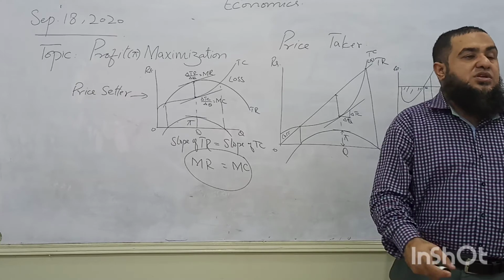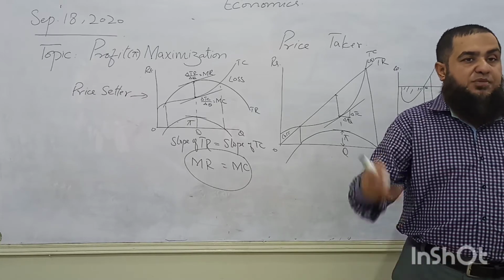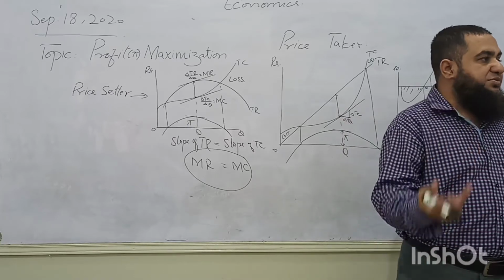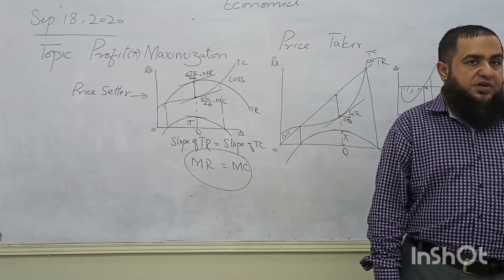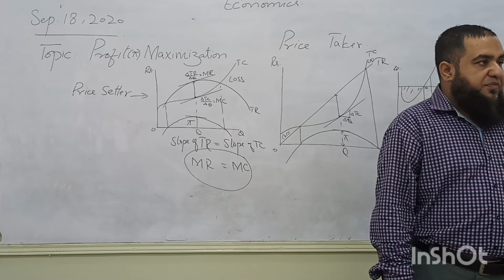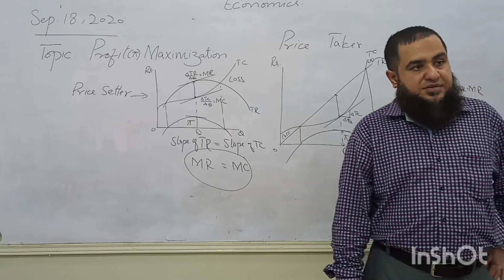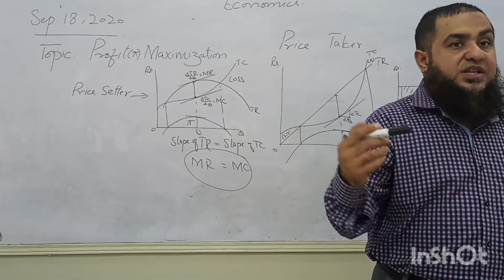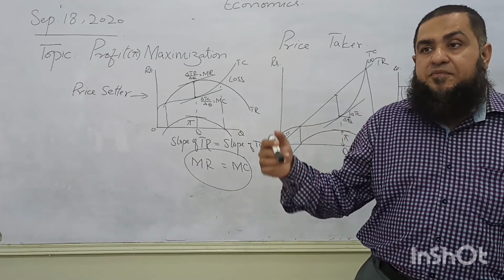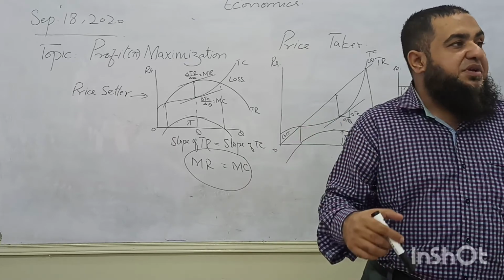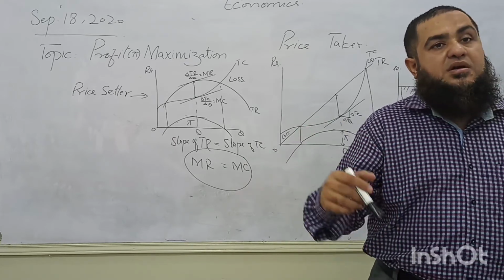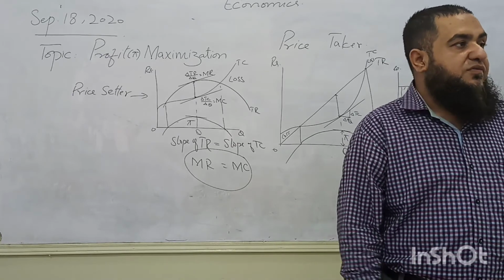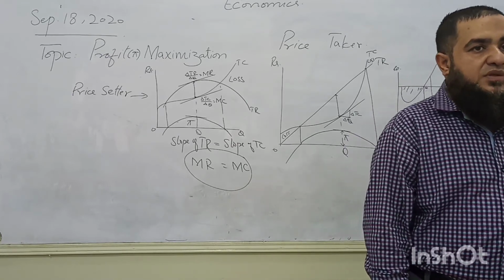Okay. Then I will give you some explanation about normal profit, supernormal profit, and subnormal profit. There can be three types of profits: supernormal profit, or abnormal profit, normal profit, and subnormal profit. All these things we will be going through with all the market structures, whether it is perfect competition, monopoly, monopolistic competition, oligopoly, or contestable market. These are the market structures which we will be continuing from Monday on. Alright? That's all.